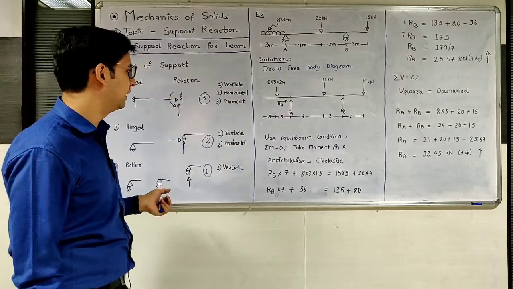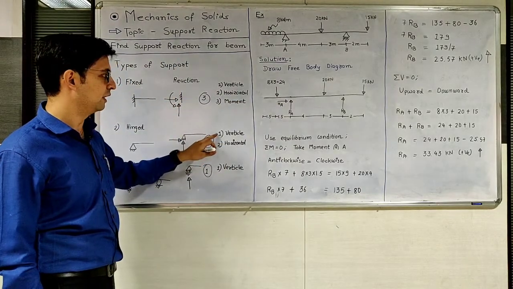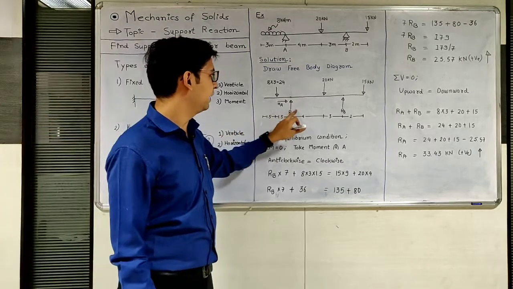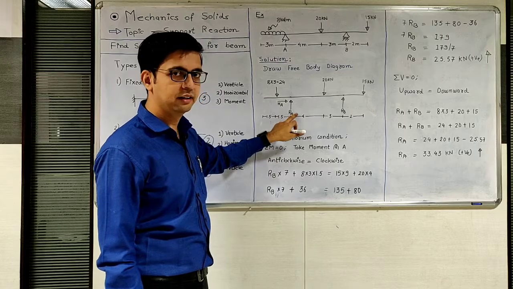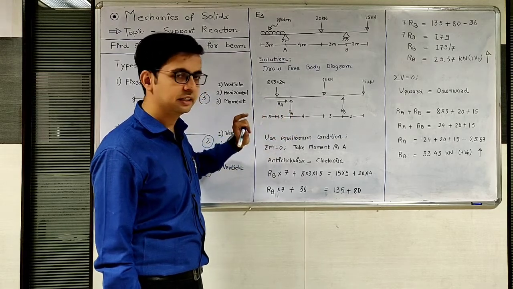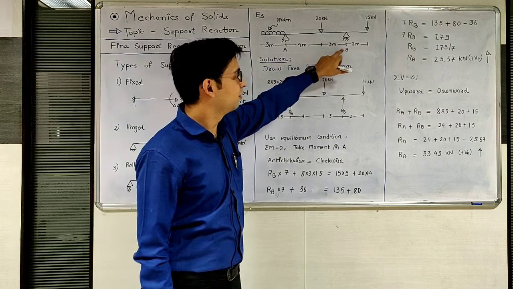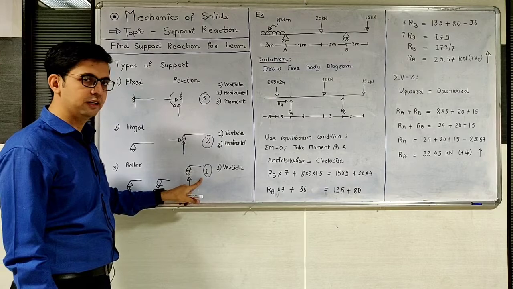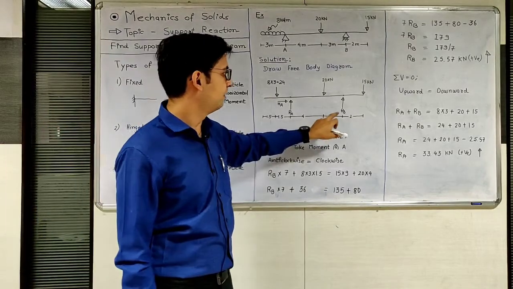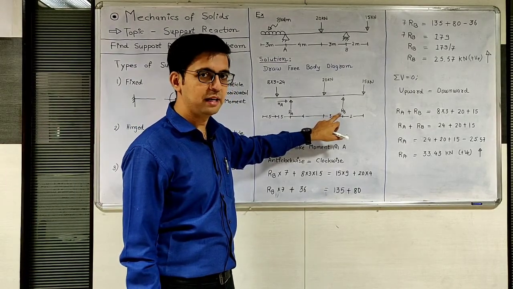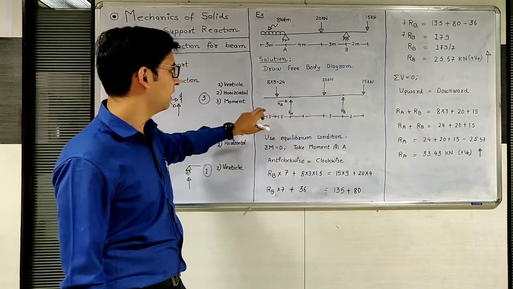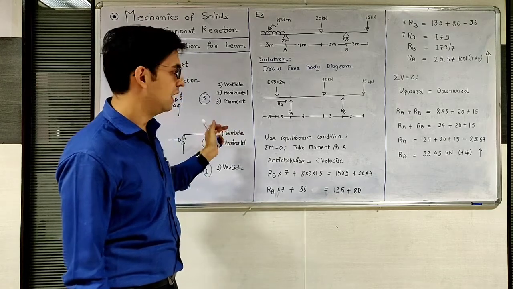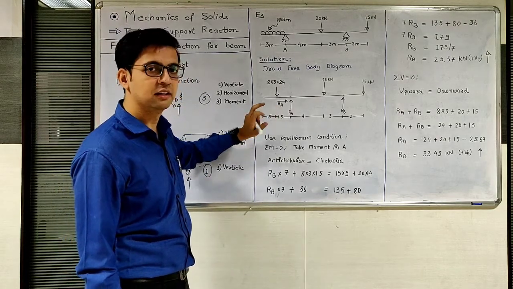So a hinge support will generate two reactions. First one is vertical reaction, second one is horizontal reaction. So indicate the vertical reaction as RA and the horizontal reaction as HA. At B support, which is a roller, the roller support will generate only a vertical reaction, denoted by RB. Here in this case no horizontal forces are given in the system, so the value of horizontal reaction HA is 0.